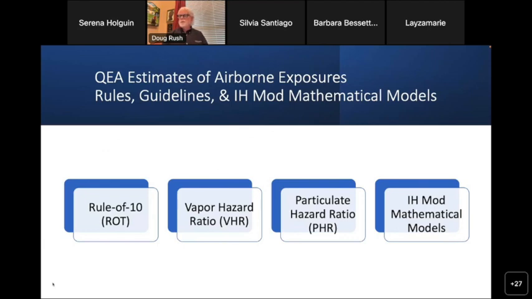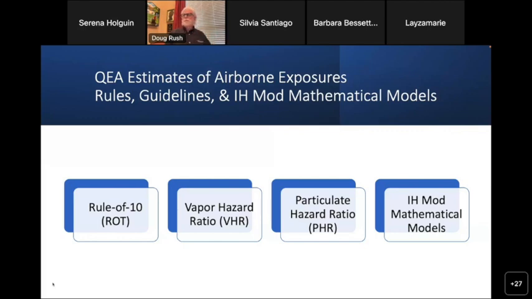And then there's some other models I thought I'd just throw up here. I know most of you guys and gals in here have experience with some of this stuff, but this is part of the ARECC process. Some of these rules of 10, vapor hazard ratios. If you're not familiar with these things, particulate hazard ratio, these tools can help you identify, evaluate, control, which is what we always used to use, but they can help you to anticipate, recognize, evaluate, control, and confirm exposures that you've got out there.